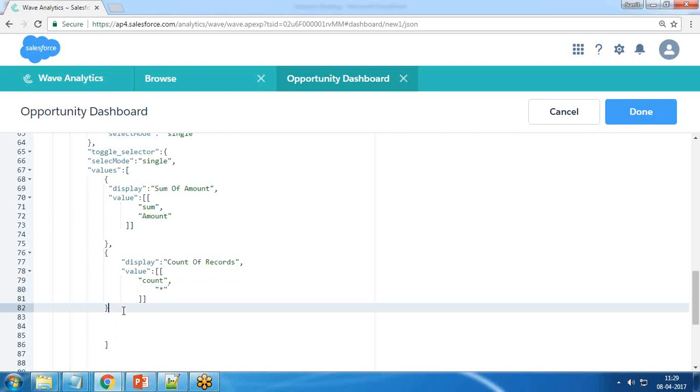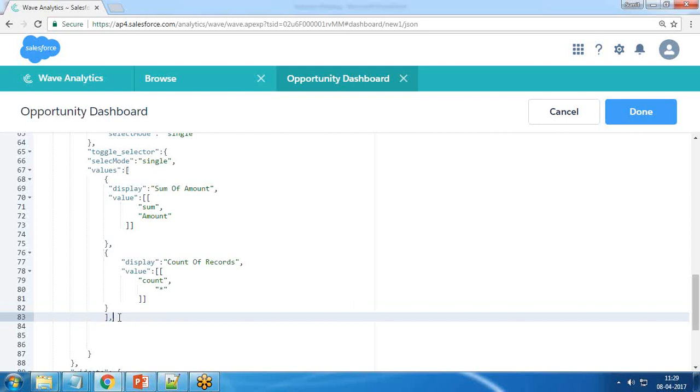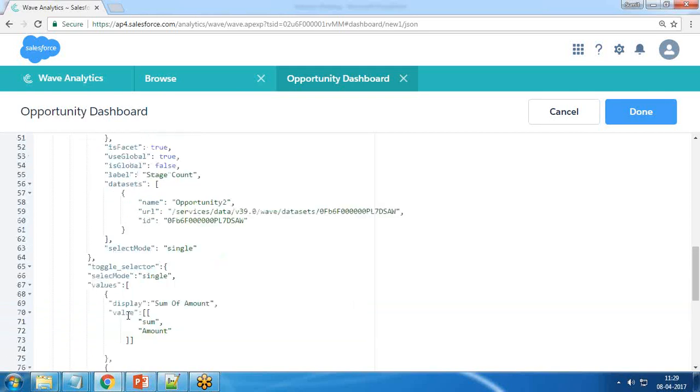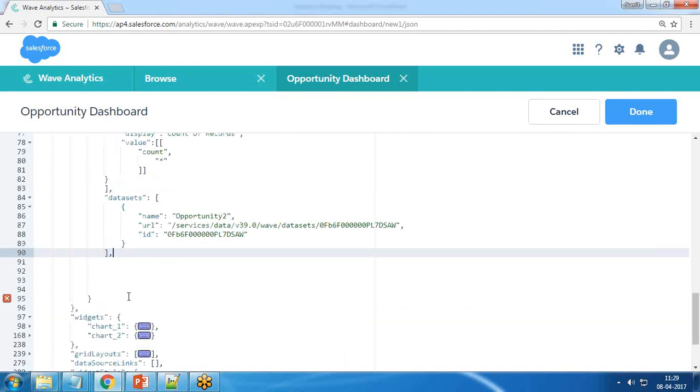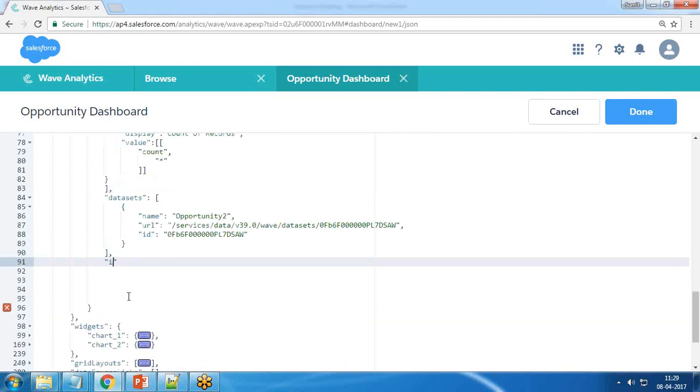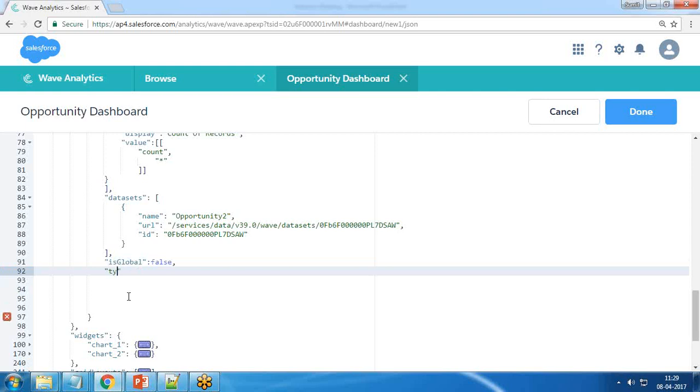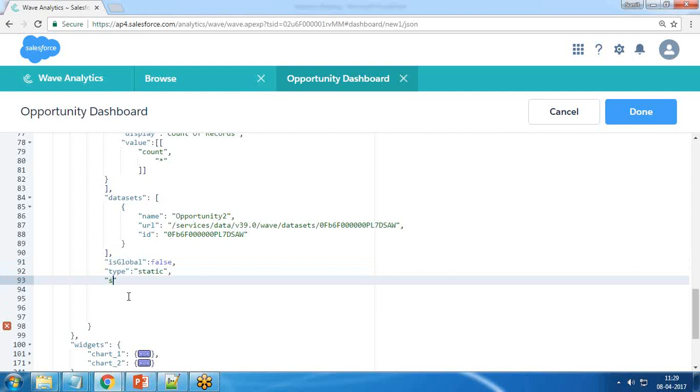And so close this here, so we have double brackets, and I'm going to add this. Now I need to add the data set, so I simply copy and paste the whole data set. After that we add a few more properties: global set to false, type static, is facet false,